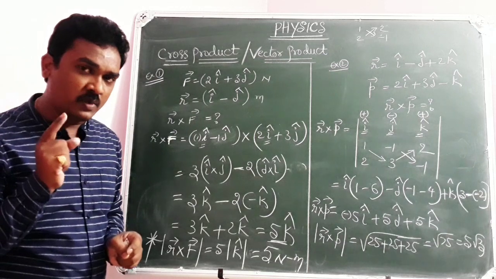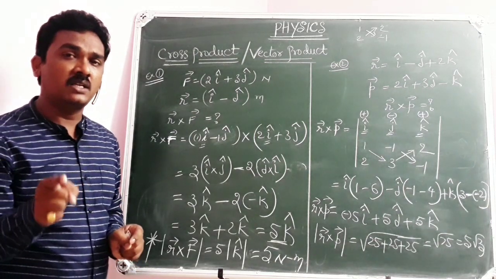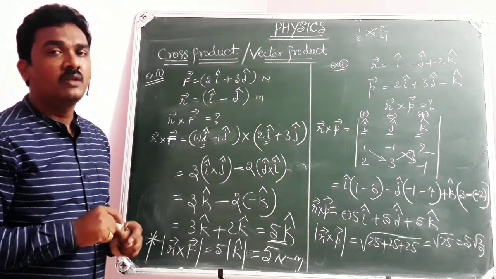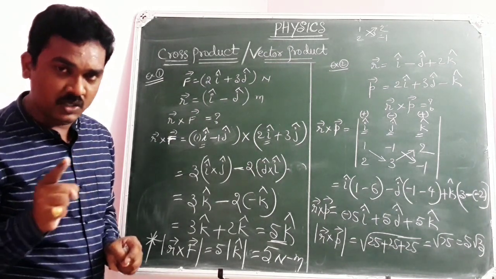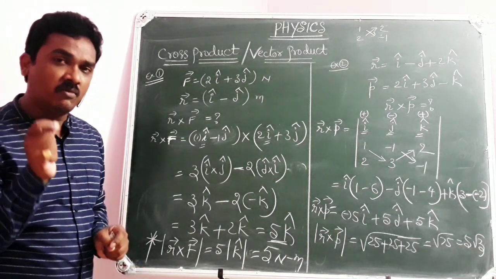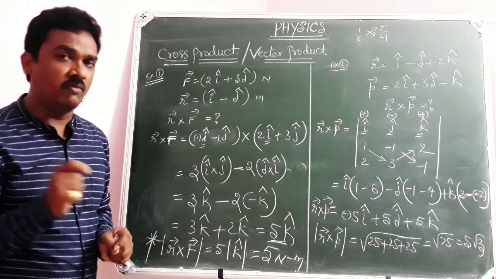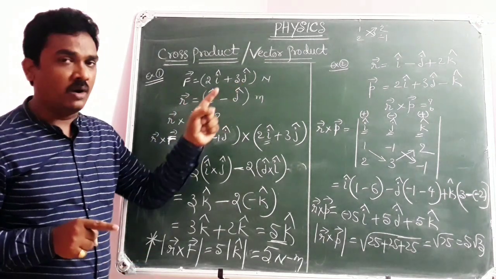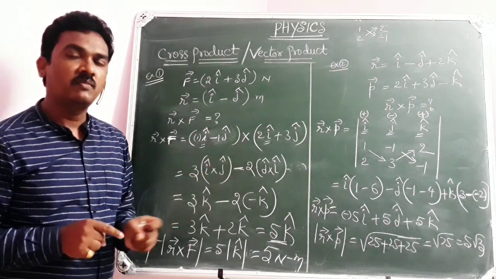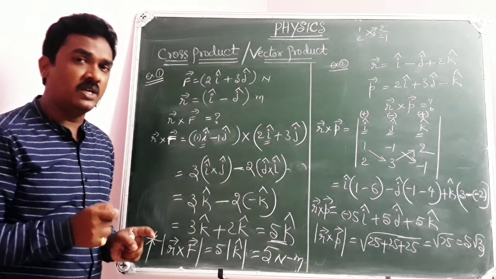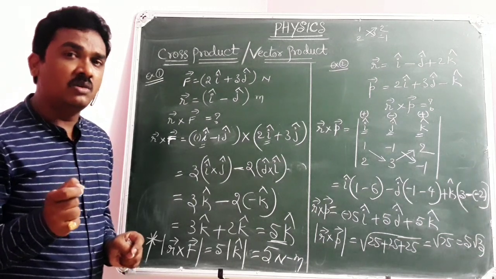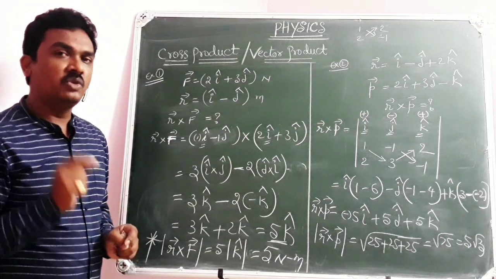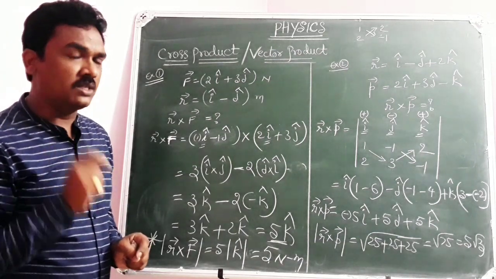And at the same time, A bar cross B bar is a vector whose direction can be specified perpendicular to the plane of A bar and B bar. And the cross product does not obey the commutative property. You have learned the maximum value that the cross product can have and the minimum value. In addition to that, when vectors are given in their component form, how to calculate the cross product. Apart from this, the cross product among the unit vectors along the coordinate axes, i cap, j cap, k cap, you need to be very clear with these basics.